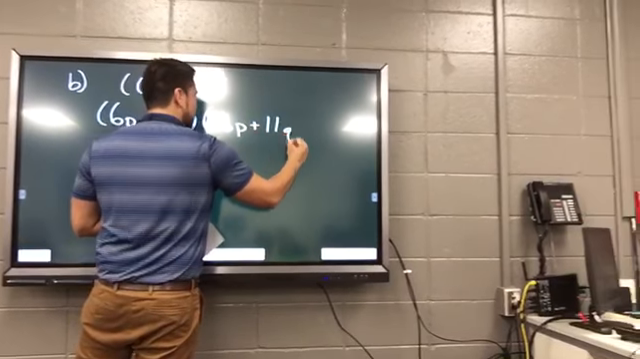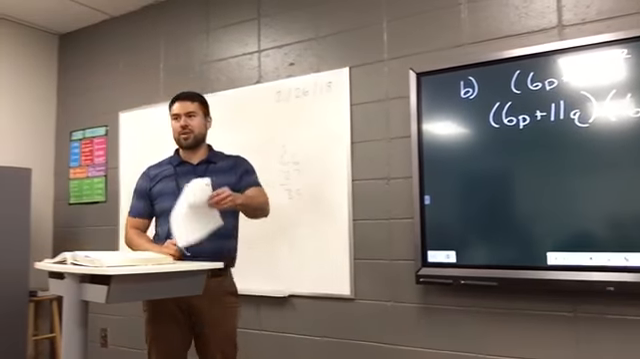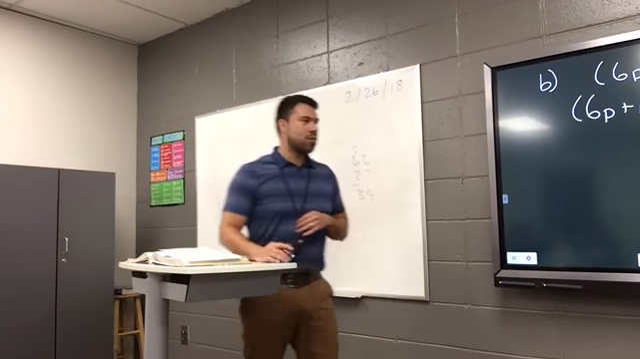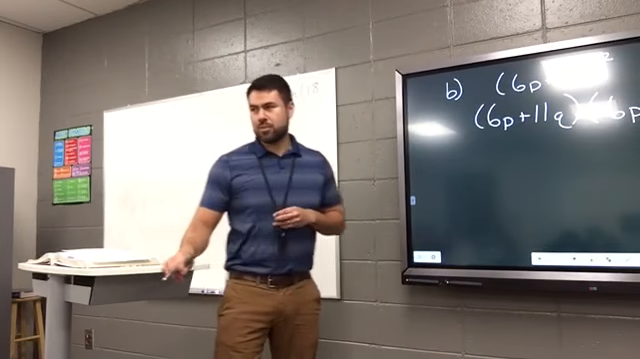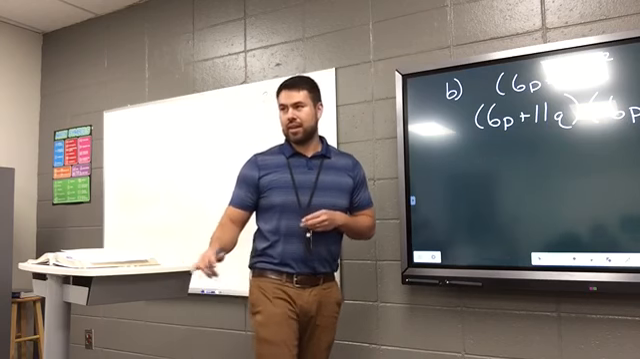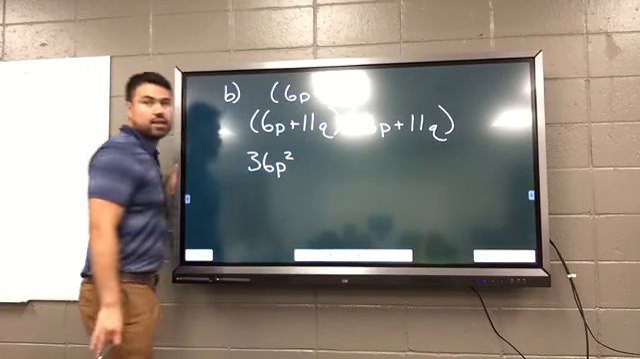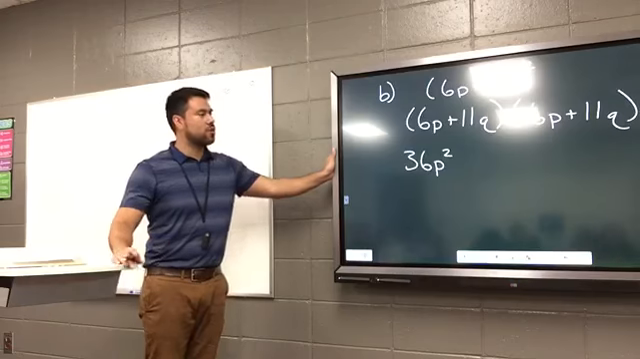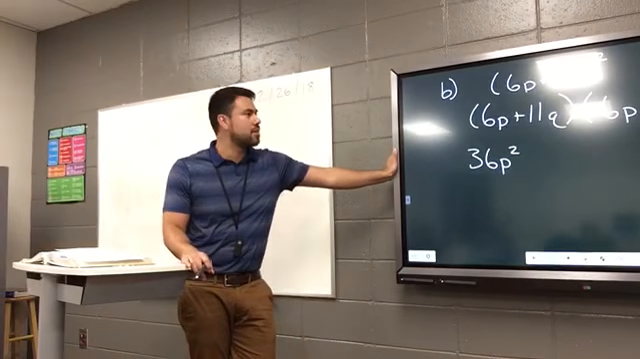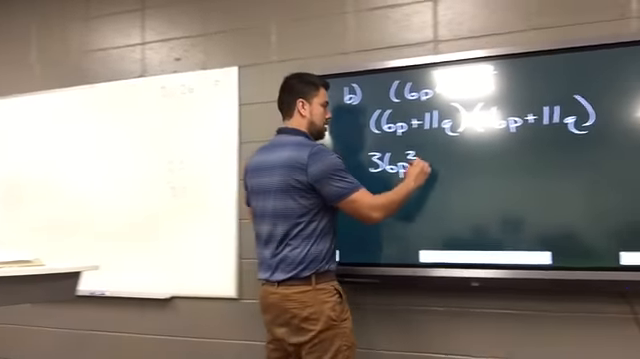Yeah, and those are tongue twisters there, but hopefully you can at least write it down. Yes, that's what it means. All right. Rosalind, what are the first terms of these binomials? 6p and 6p. And what's 6p times 6p? 36p squared. All right. Nate, what are the outside terms? 6p times 11q says 66. Good. Plus